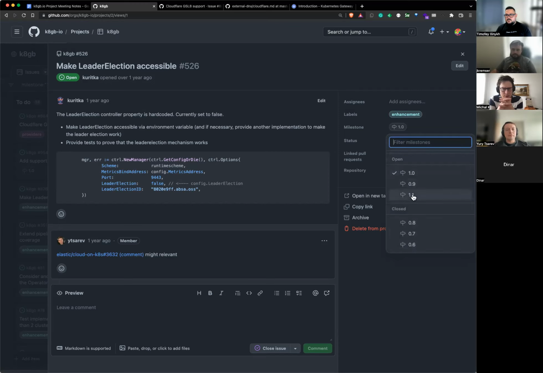Okay, and do we really need it? I don't think so. I'm not sure there is some benefit. The benefit is the HA. You can have multiple pods of the operator, and if one goes down, the other one will take over, and it will work. So not just one instance of the operator.